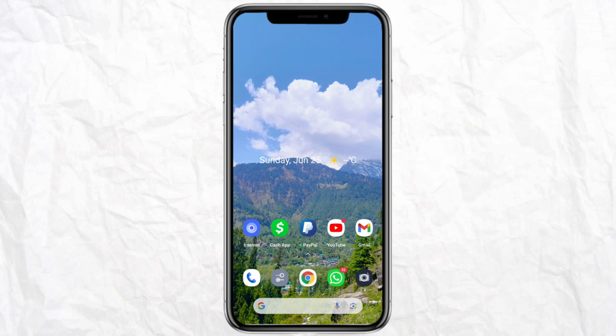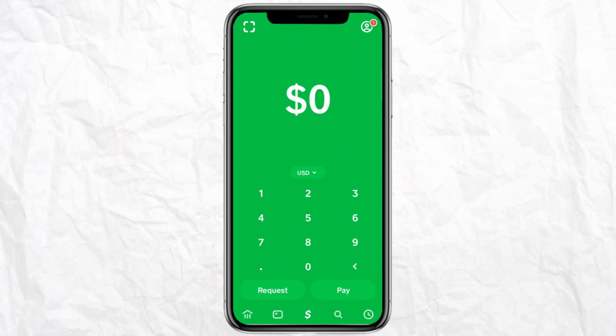So I wanted to let you know that the billing address of your Cashapp card is the same address that you mentioned when you created your Cashapp account. When you log into your Cashapp account, you have to mention a few of your details, and along with that you also mention your billing address, and that particular billing address will also be there on your Cashapp card unless you change it. So in order to find your billing address on Cashapp, you have to click on this card